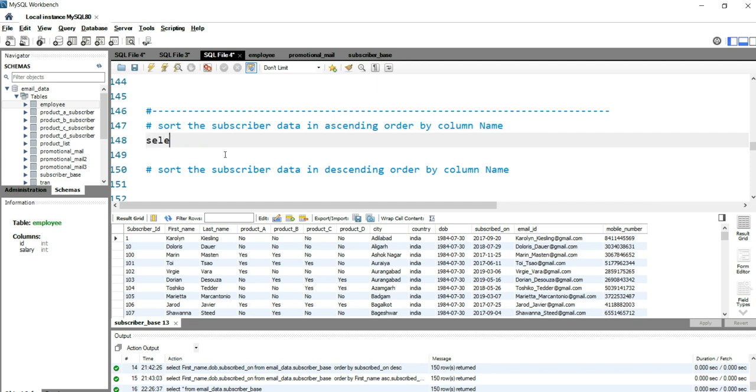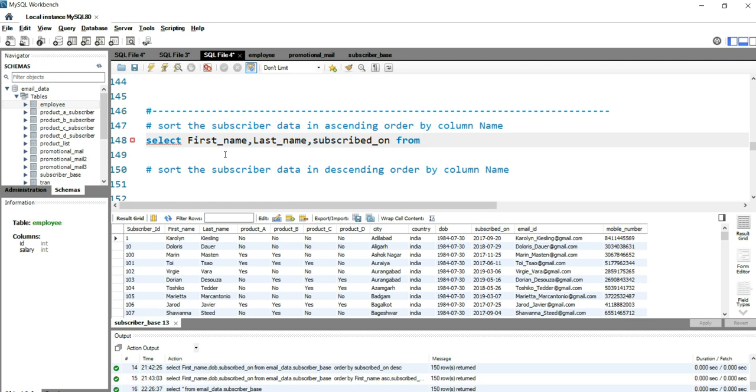So I'll write SELECT, then I need first_name, last_name, and let's take subscribed_on, right? These 3 columns.